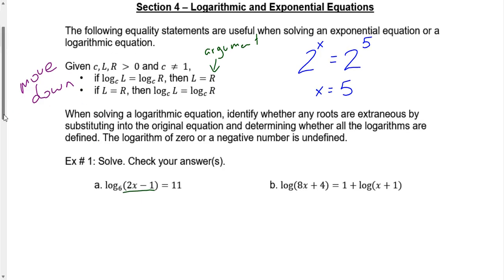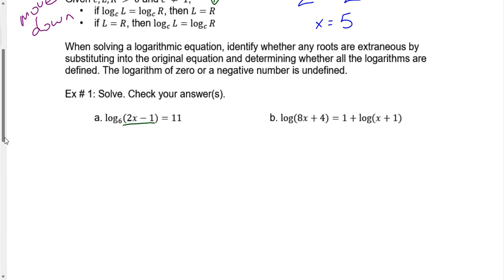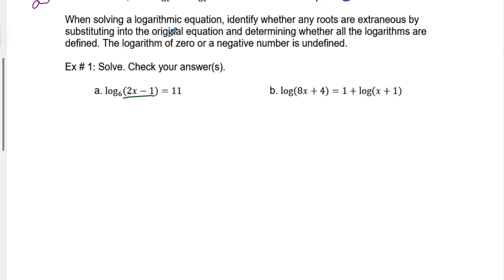So what we're going to do is we're going to solve some of these logarithmic equations. Now the good news is we're going to solve the same way that we've been doing it for the past 2 sections already. We're just going to apply that whiplash method. We start with our base, 6 to the power of 11 equals 2x minus 1. So this whiplash allows us to get rid of that logarithm when we have a base, as long as we only have that one logarithm. We'll talk about other cases, but